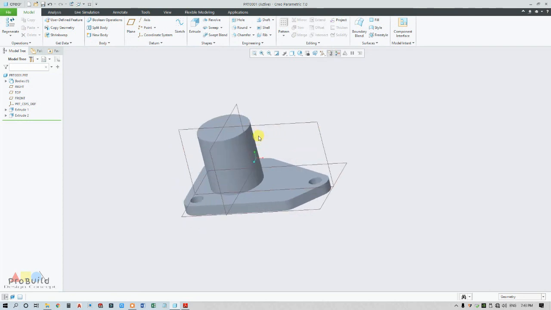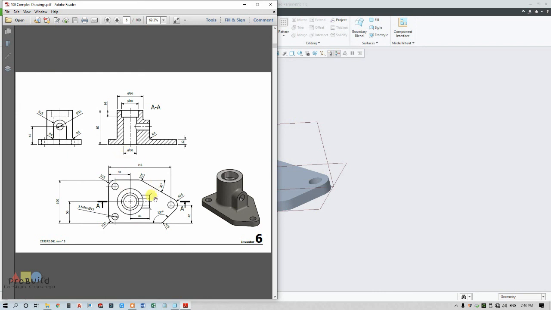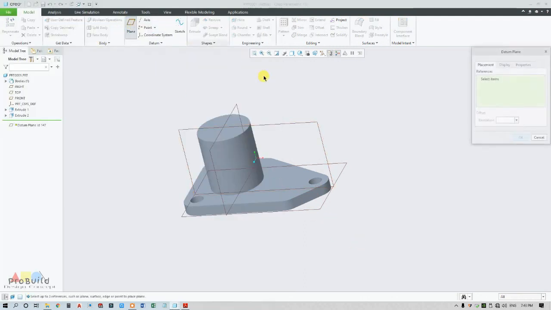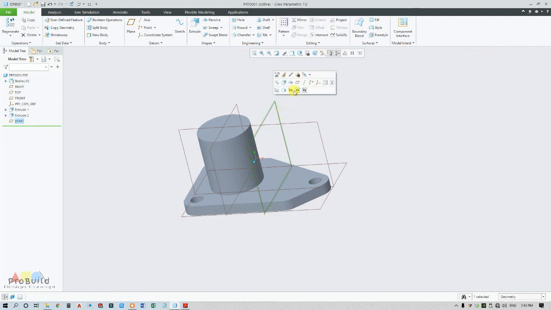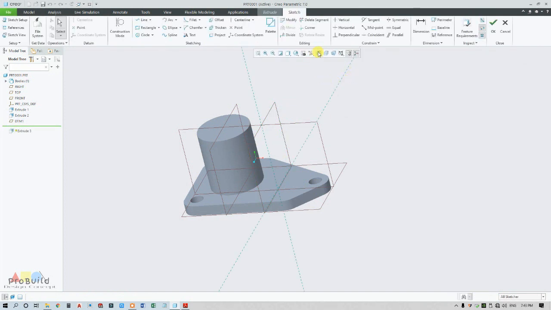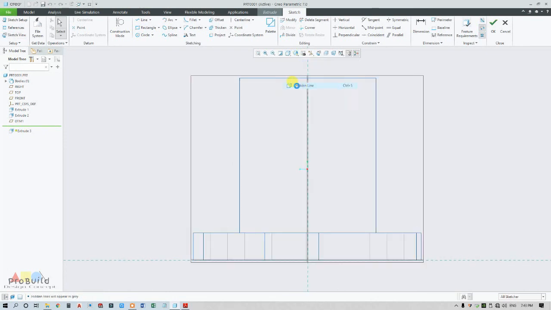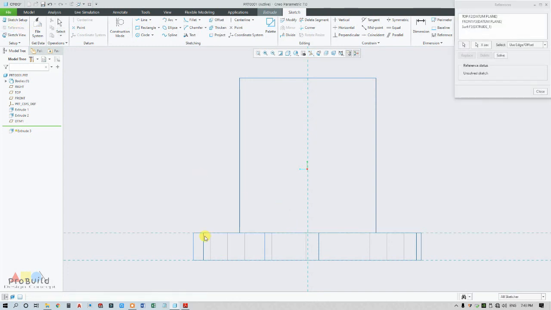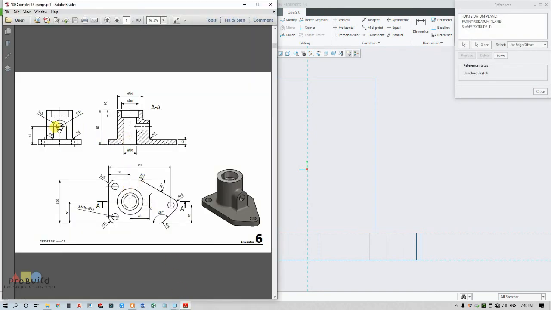Now this is ready. Now I'm going to offset this plane to 45 mm so that I could draw this part. So I'm going for a plane, select this plane, drag this in the positive way, go for 45 and OK. Now select this plane, go for extrude, switch to sketch view, change this to hidden line, switch off the plane and go for references, make this reference, and now I can see that this is an R15 circle offset from the base, so 42.